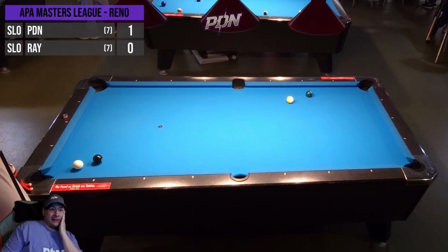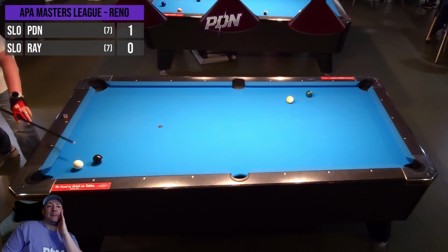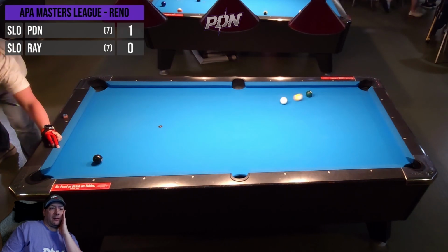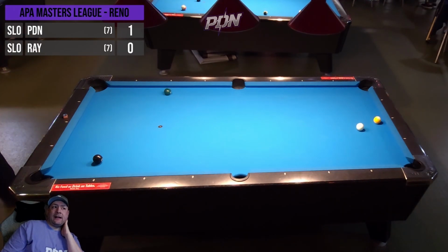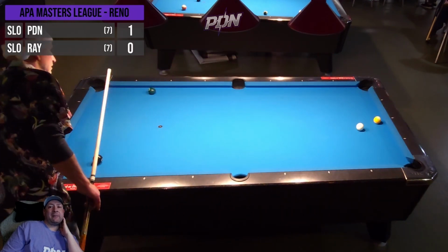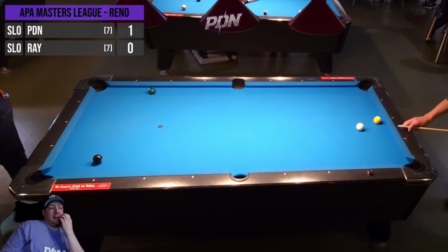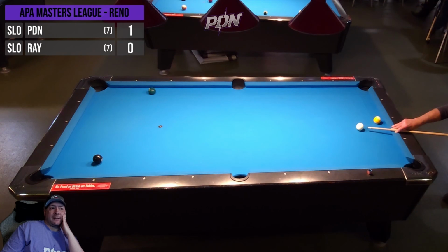I spent a long time looking at it, just trying to figure out exactly what I need to do to hit this ball. I'm trying to decide right now if I want to just go center ball at it, or if I want to add some spin to it, because if I add spin to it, when it comes off, it's actually going to spin this direction, which I don't want. So I go center ball, no spin. I catch it in the face. I think the line that I had lined up was a shot with a touch of spin, and then I took the spin off of it and just caught it right in the noggin. If I had just adjusted my line a little bit, I could center ball that and move the cue ball around the table. Instead, I leave him a good look,